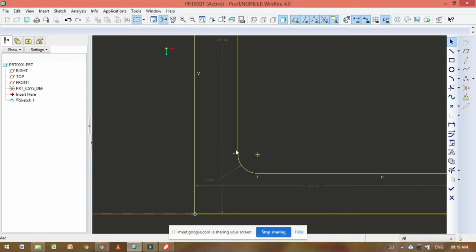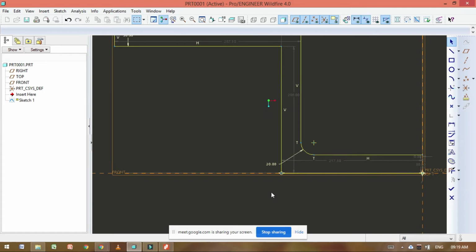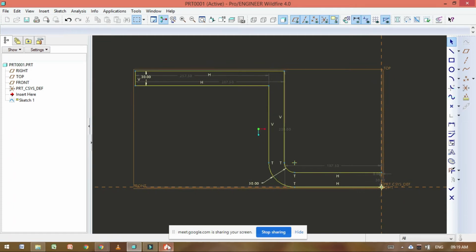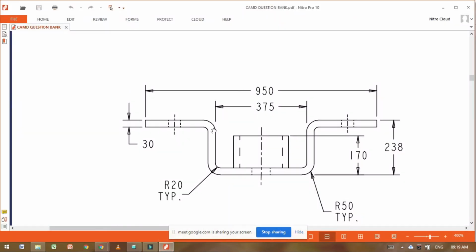Here you can see the radius of this curve. So enter here 20. Then for this arc, again click on the circular command, first line, second line. Then here 50. Okay, curve. Then this curve.